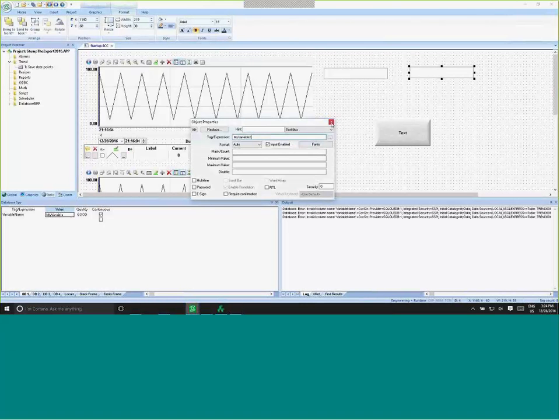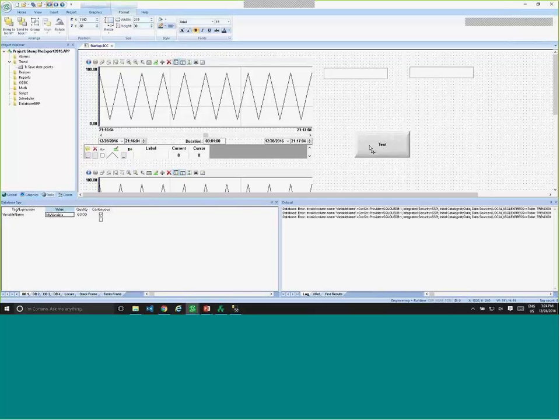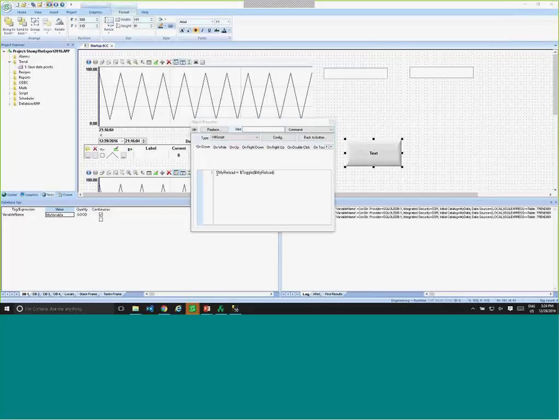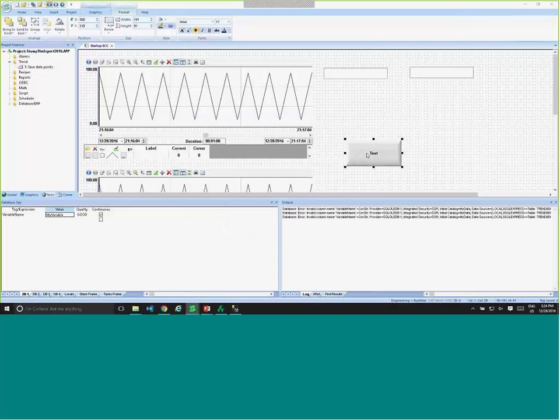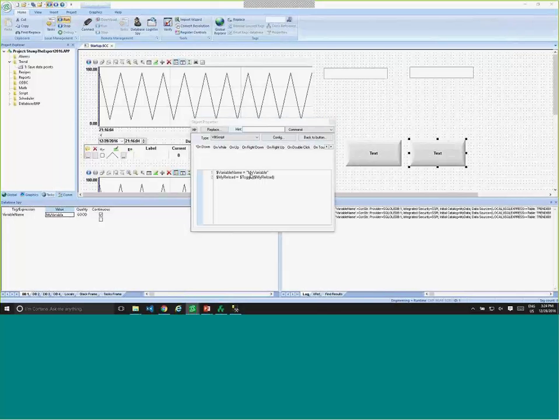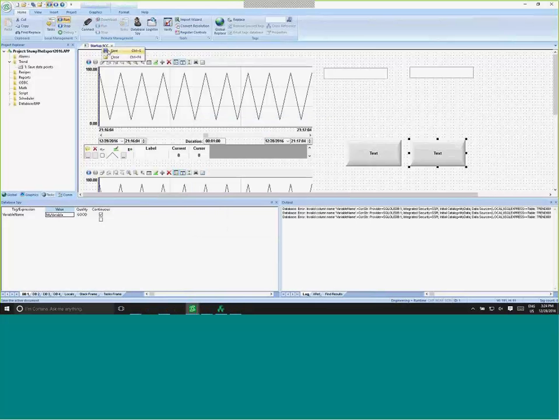Now what we can do is have two buttons. On one, I set variable name equals my variable and reload my logic. On the second one, very similar, but I set my variable 2. If I save that,